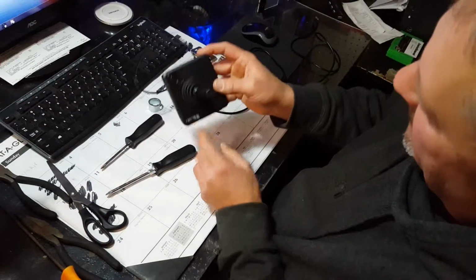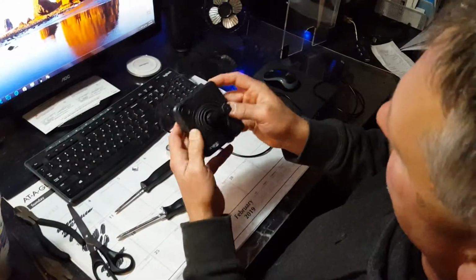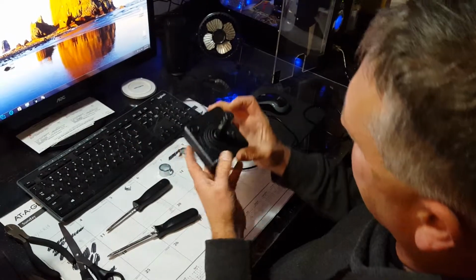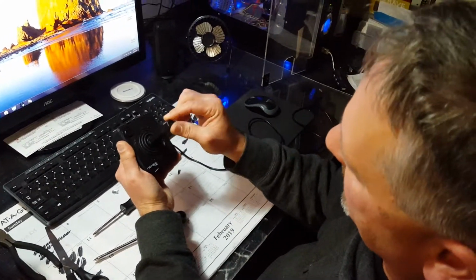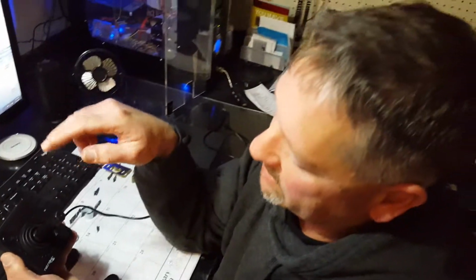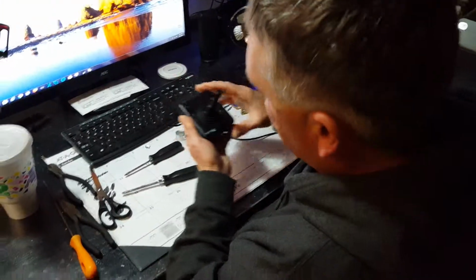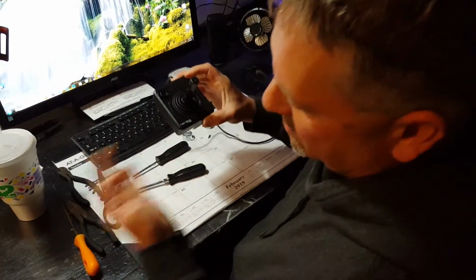So now I got my Retrolink classic USB joystick controller put back together with my little makeshift repair. Now we're going to go side to side, up and down. Good to go. And I know it works because I've already tested it and I've already played Pac-Man with it with the repair. I just took it apart and redid this so I could show you how I repaired it,